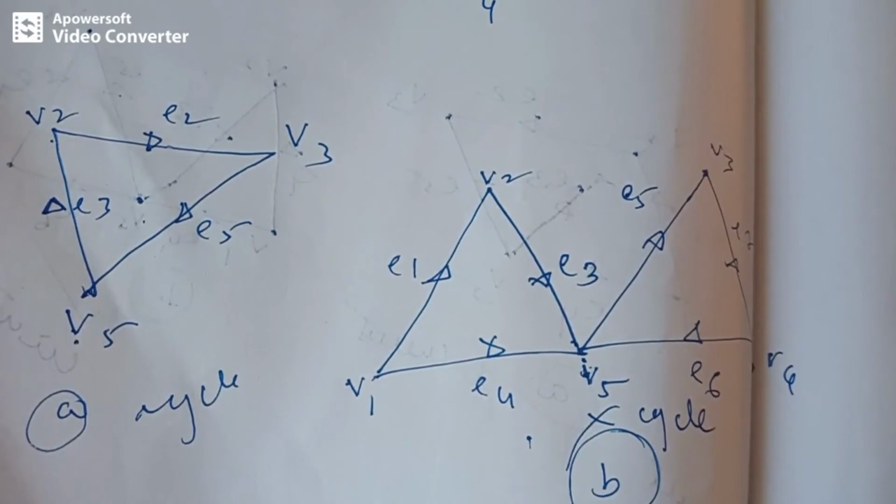And next we have to talk about path and cycle. A path is an open walk in which neither a vertex nor an edge can appear more than once. So every path is a trail, but a trail need not be a path. And every cycle is a circuit, but a circuit need not be a cycle. Okay. So next we will see some example problems.